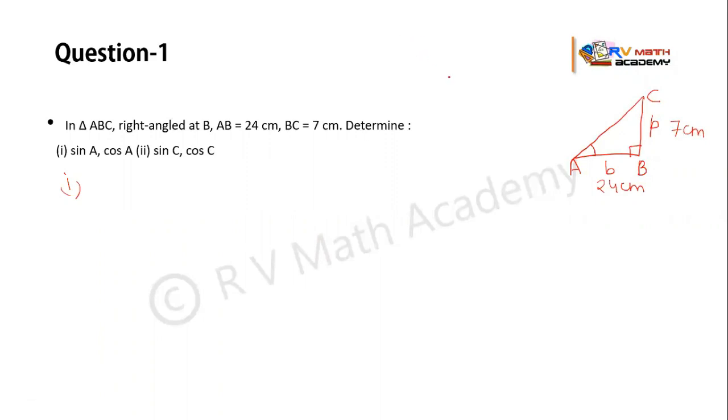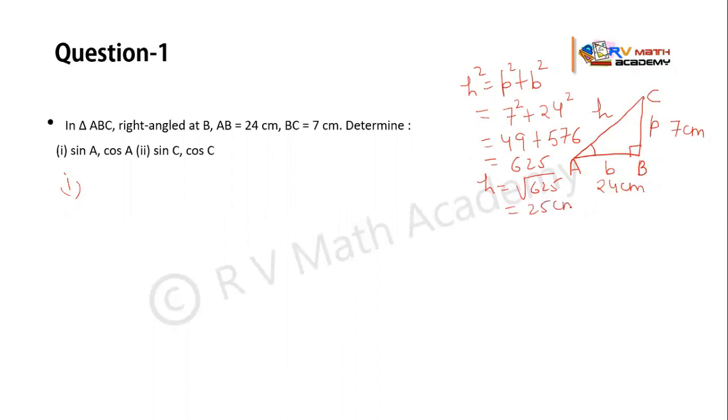We know that it is a right angle triangle, so we can apply the Pythagoras theorem also, because whenever there is a right angle triangle, we can apply the Pythagoras theorem. So according to Pythagoras theorem, we know that the side just opposite to this right angle is hypotenuse. We can write h square is equal to p square plus b square. And if I put the value of p, that is 7, we can write 7 square. If I put the value of 24 here, so we can write 24 square. So 7 square means 49 and 24 square means 576. So if I add them, I will get 625. And if I take the square root of 625, I will get 25 centimeters.